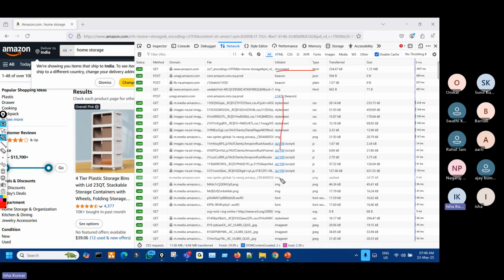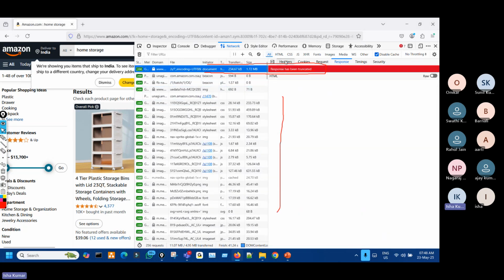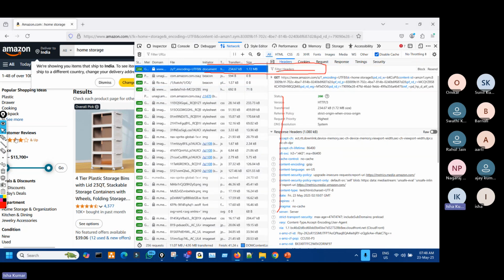So again, if you are feeling this is all confusing, same as before I filter out. So you see, this is what we are observing as the request. So you can just click on that, right? And this header tab. If you click on that, you will check the URL. This URL will be matching a little bit with this URL which is there, right? But